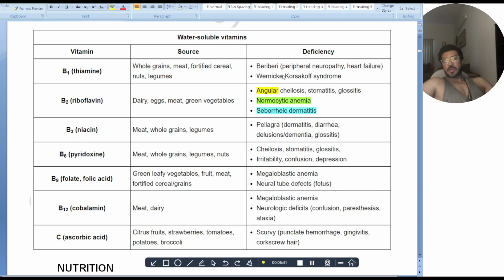So Wernicke, as I told you about the mnemonic, A, cow. A, ataxia, C for confusion, O for ophthalmoplegia, and W stands for Wernicke. So this is the acute phase where you get these symptoms, and if you give thiamine, the patient gets better. If the deficiency goes chronic, you also get Korsakoff syndrome. It's basically everything you get in Wernicke plus Korsakoff, that is